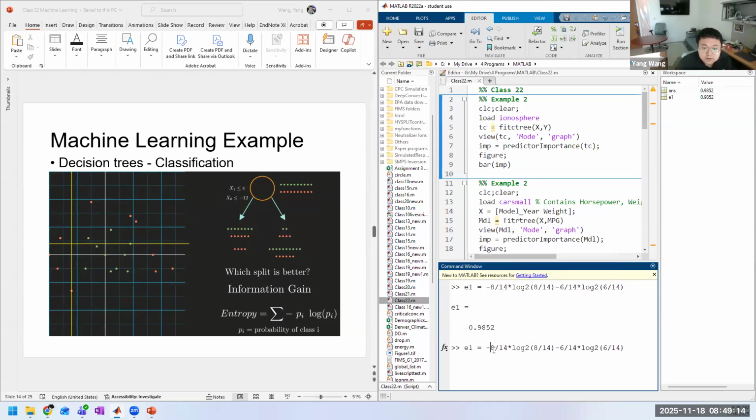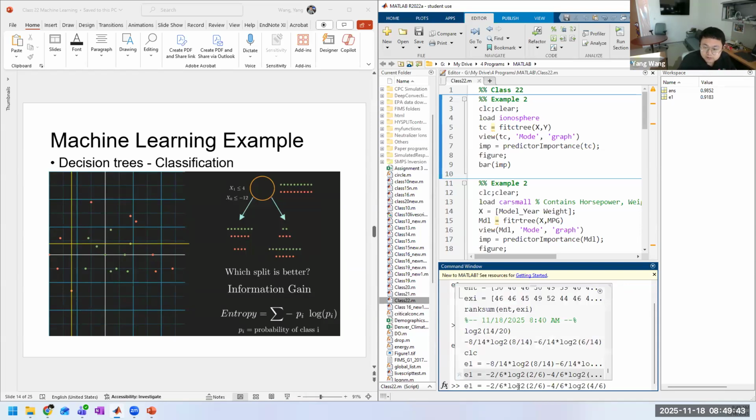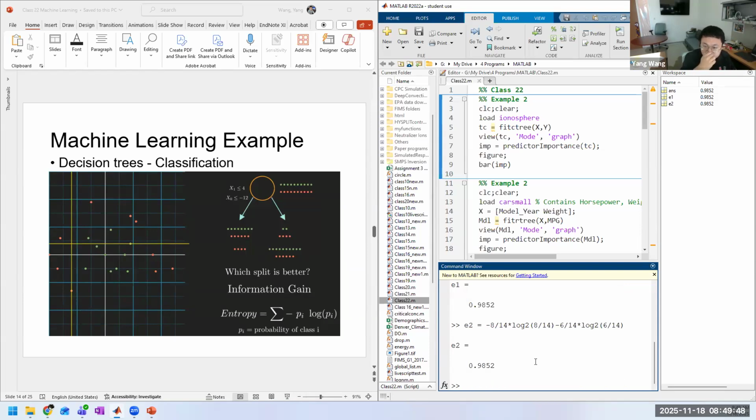And then you can similarly calculate the second one. There are 6 data points, so it's 2 over 6 times log 2 of 2 over 6, and then 4 over 6 times log 2 of 4 over 6. So this is basically the entropy for the other group. And then you can also calculate this one. This is E1, and this is E2, and then for E3, it's going to be minus,